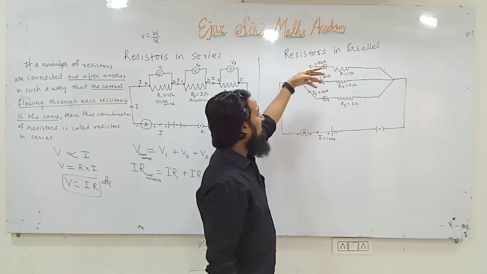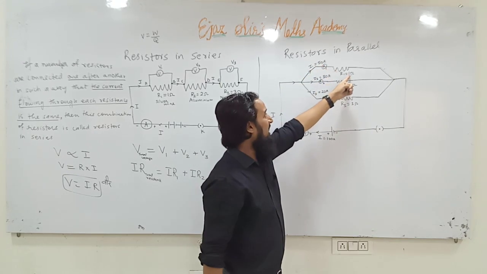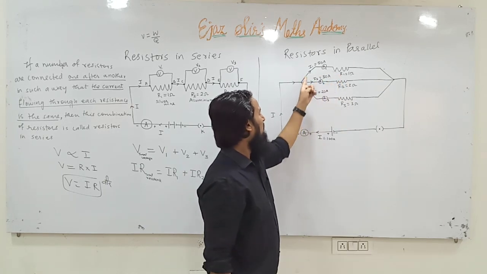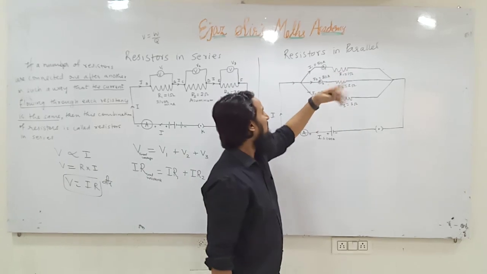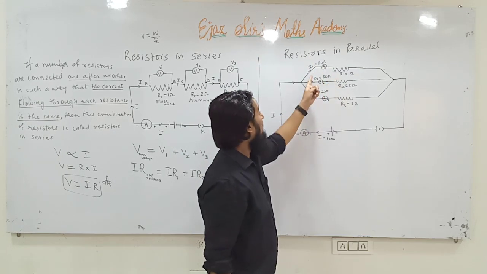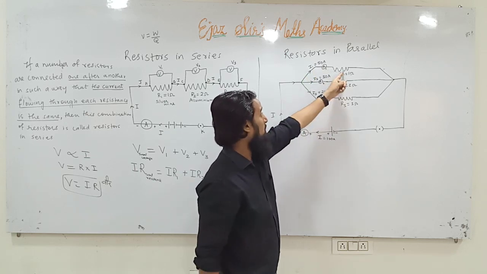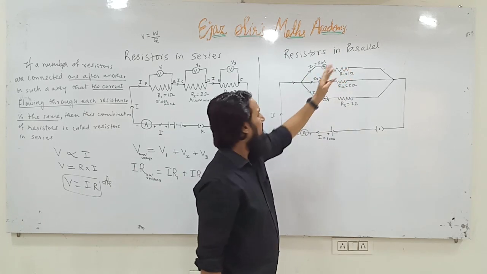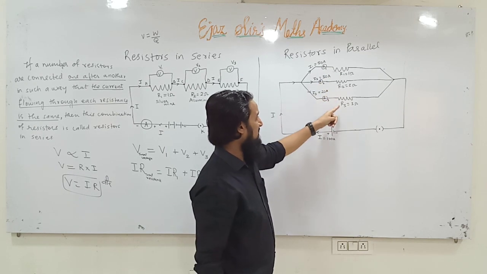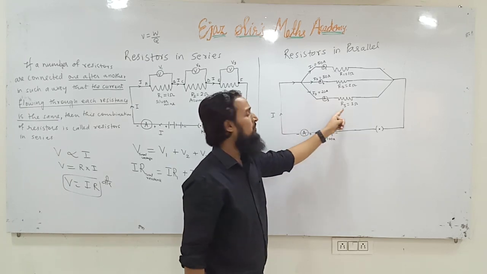If there are 3 flyovers, which flyover would you choose? If the traffic is less, more people will want to go from here. Let us neglect that example, it is not suitable. See, if the resistance is less, the current will be more. Here the resistance is more, hence the current will be less. Here the resistance is maximum, the greatest, so the current will be minimum.